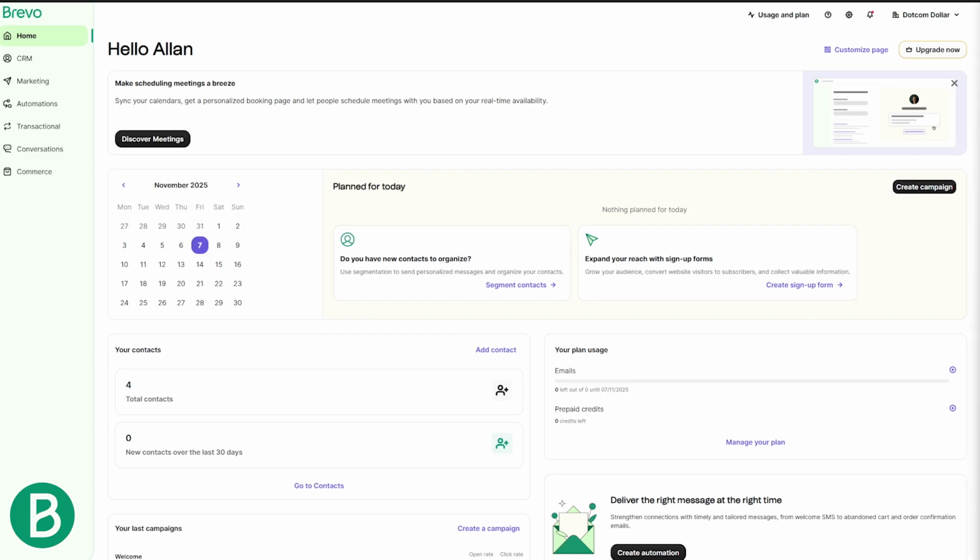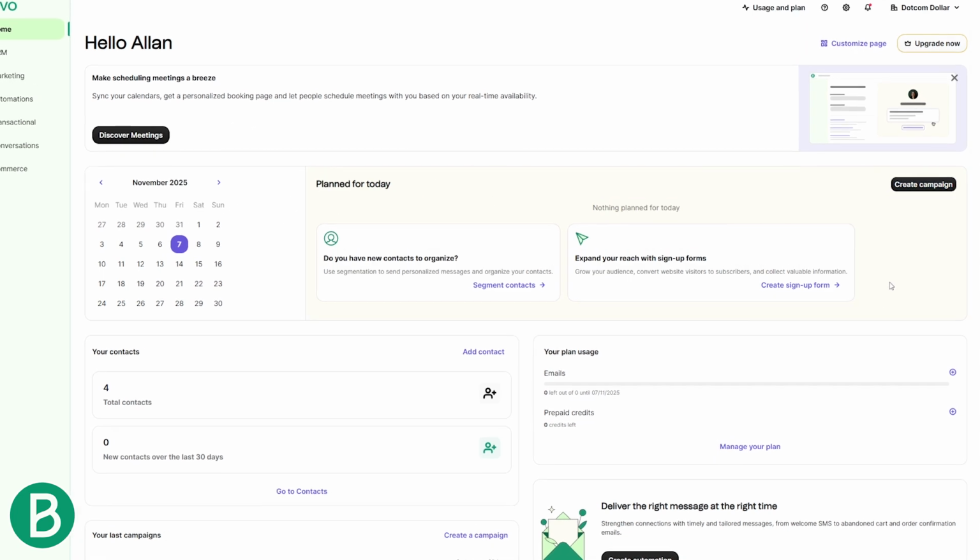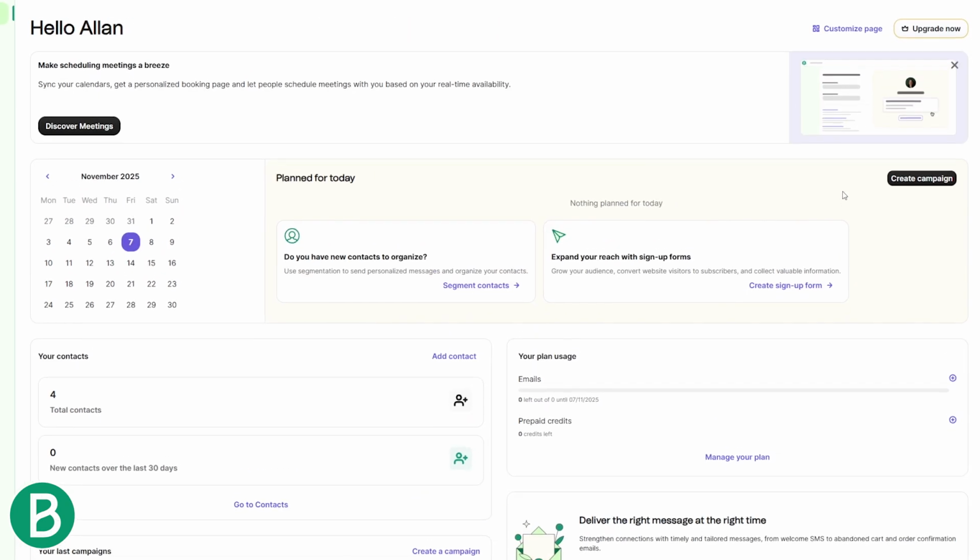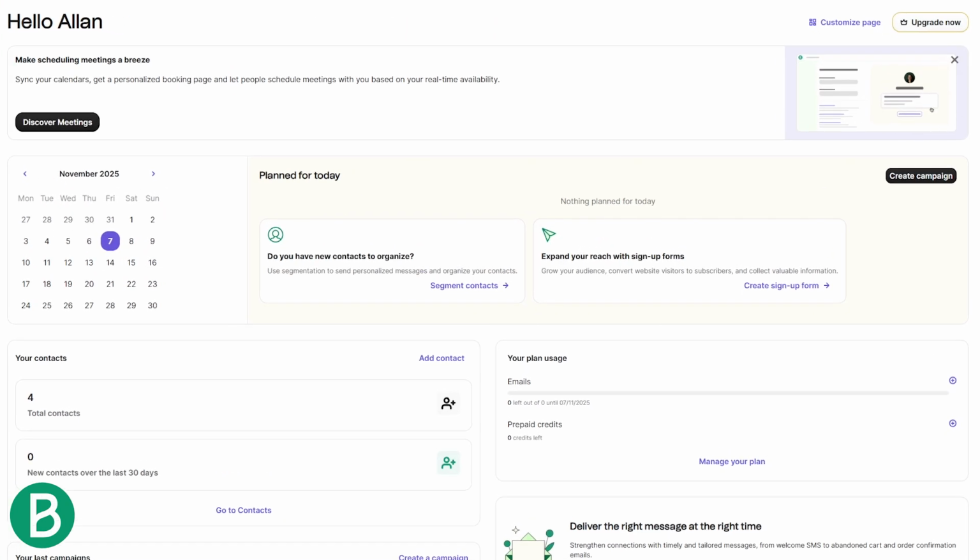Brevo's platform is fast and easy to navigate. The layout makes sense, the interface is clean, and whether you're new to email marketing or have experience, you'll feel comfortable right away. The dashboard gives you helpful suggestions for getting started, and there's a smooth campaign creation process that's